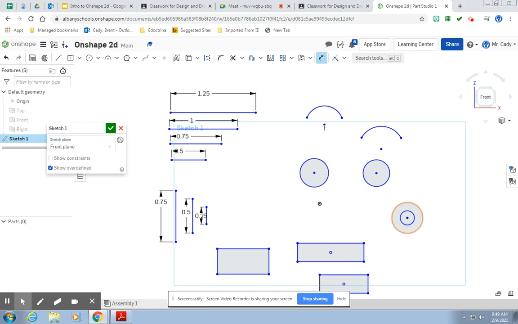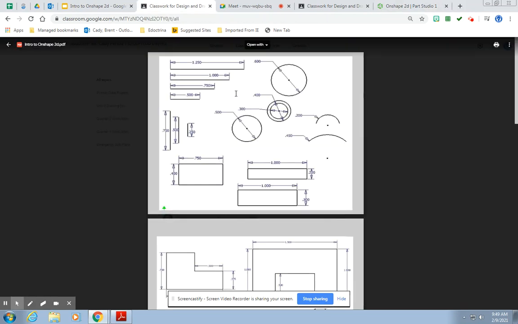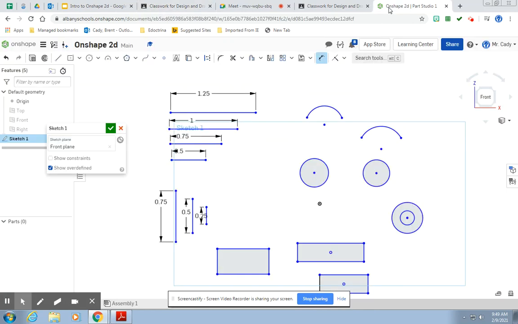Let's do the circles now. The circles have a dimension of 0.6 and 0.5. We'll start with those. Dimension. Click the outside of the circle. This is the diameter that this is measuring. 0.6,